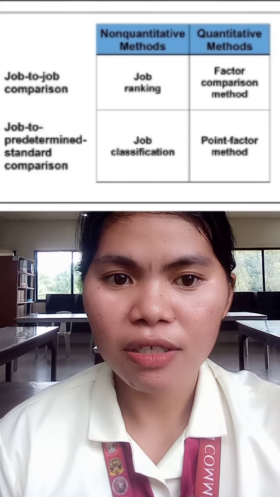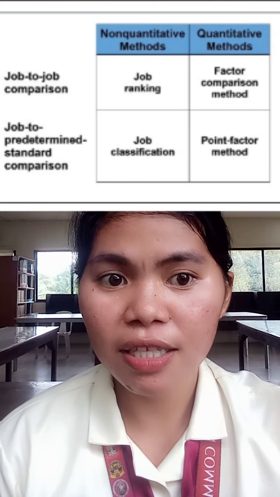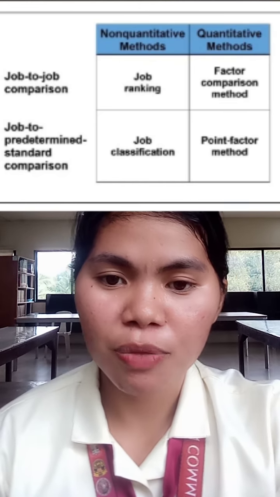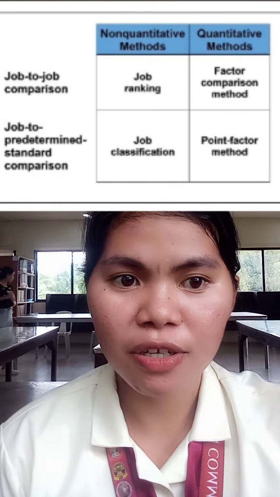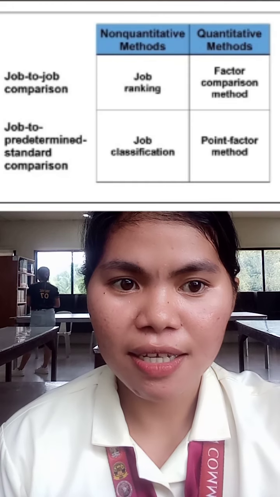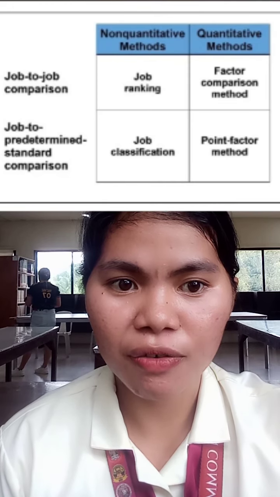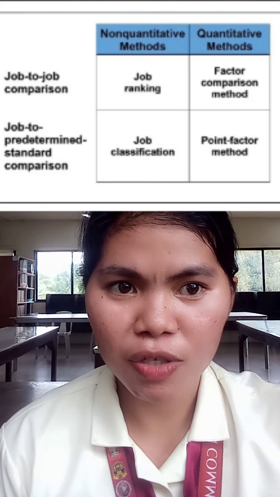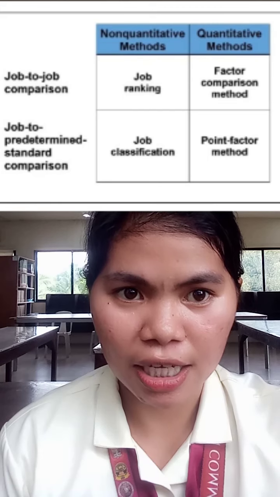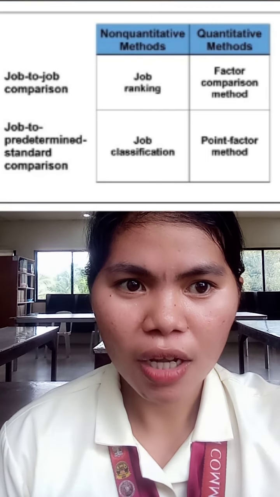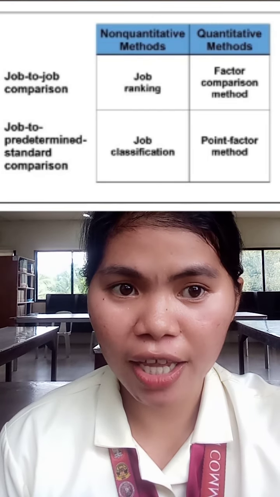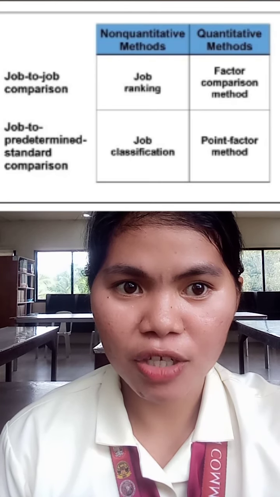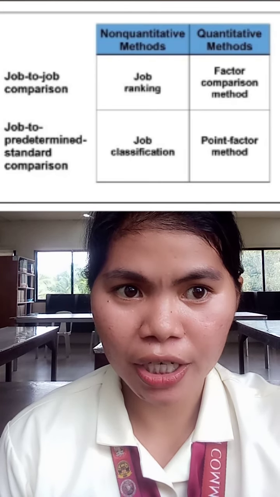The second one is job classification. It's a job evaluation method that establishes predefined grades or classes and then slots jobs into the grade that best matches the job's overall responsibilities and difficulty. For example, a company might define grade A as routine or clerical, placing jobs like mailroom clerk into it,